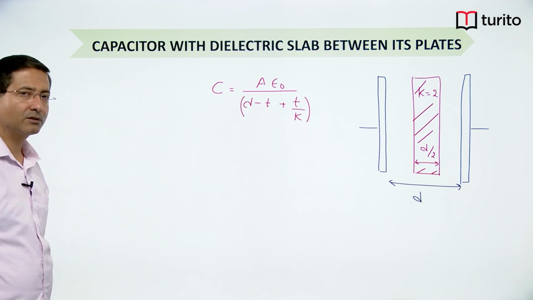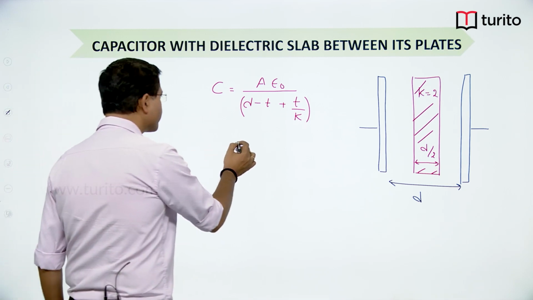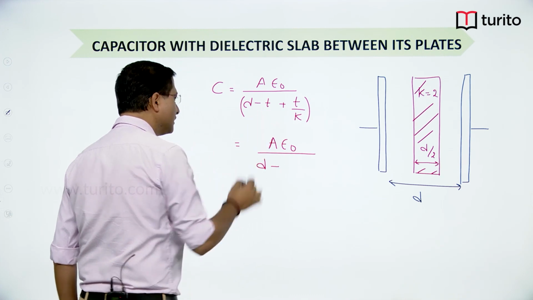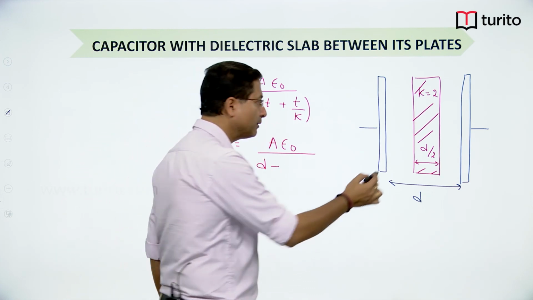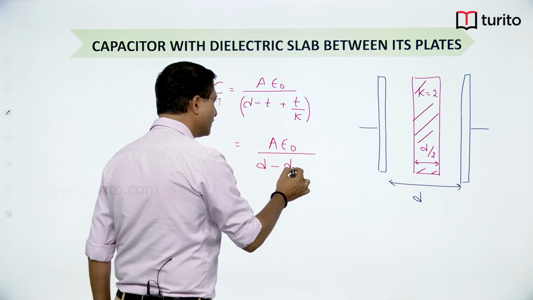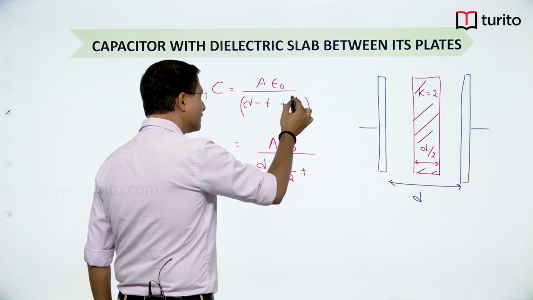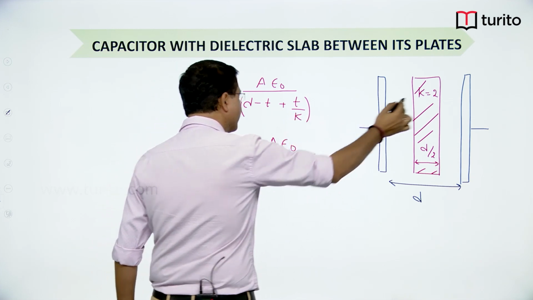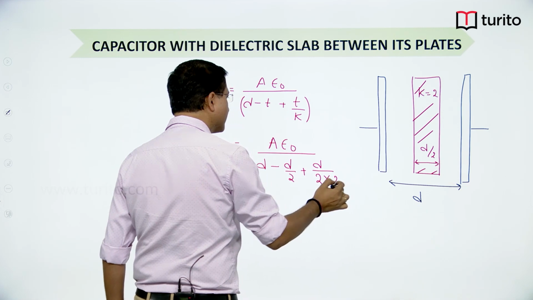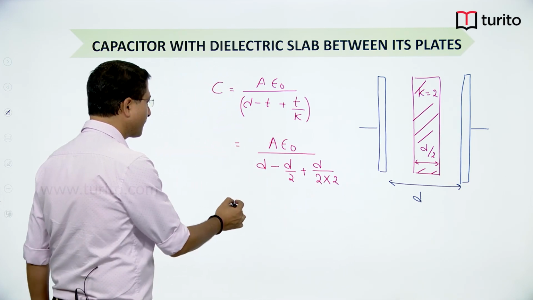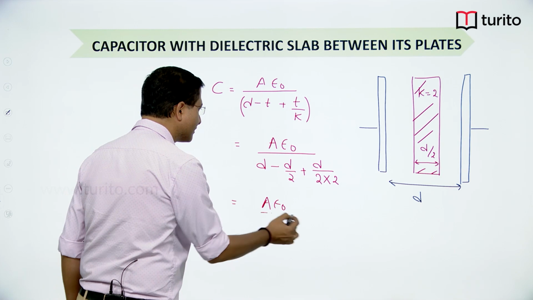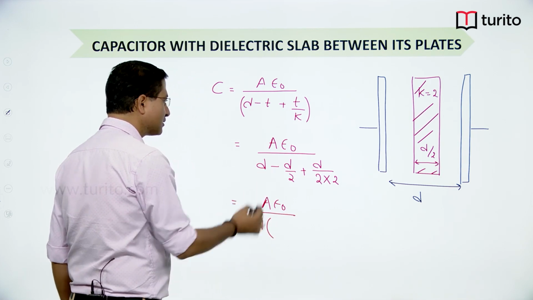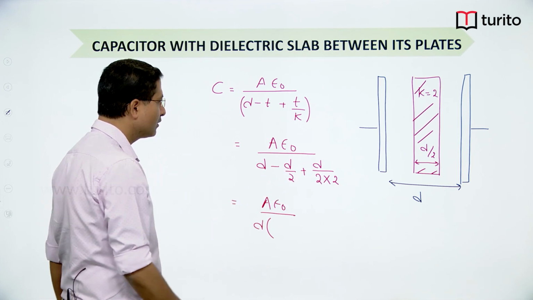So in that we will substitute the values. Let's see what we are getting. So A epsilon naught divided by D minus T. T is D by 2. So D by 2 I will place here plus this T is again D by 2 and the value of K given is 2. Place 2 here. If you simplify, then A epsilon naught, this D I will take out, and this is 1 minus 1 by 2,